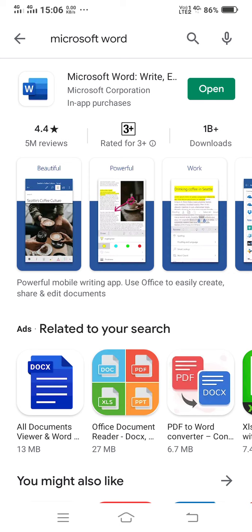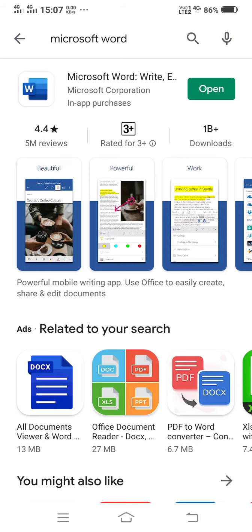New users are required to install it first and then they can start working. Whenever a new user searches Microsoft Word on Google Play, they will see the install option instead of this green colored open. They need to click on that install option and Microsoft Word will get installed on their smartphone.